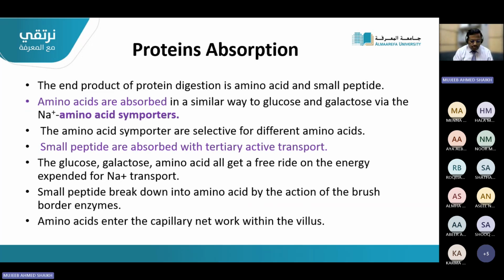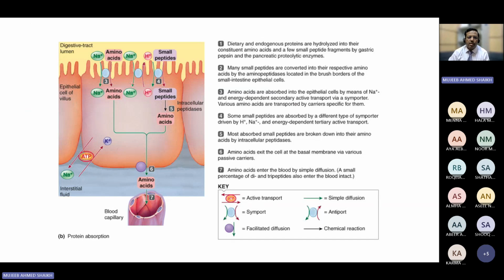How are proteins absorbed? Very interesting. I will show you the picture directly. Proteins are absorbed in the form of either amino acids or small peptides. Now, a few slides before, I asked you about active transport. How many types of active transport? Three: primary, secondary, and tertiary. What is primary active transport? Primary active transport means